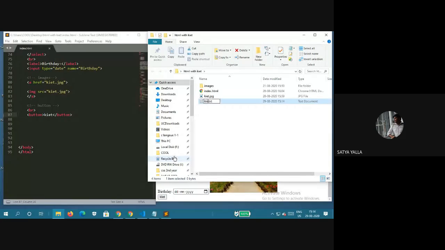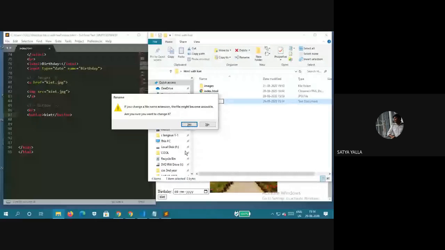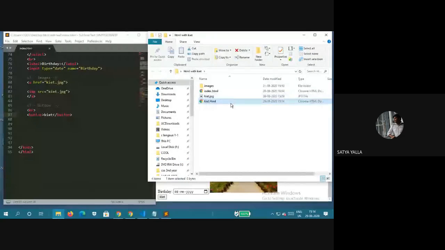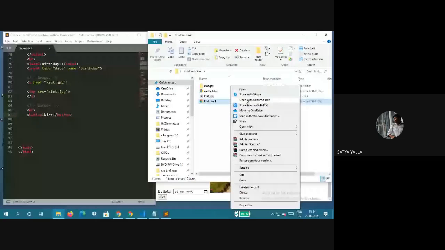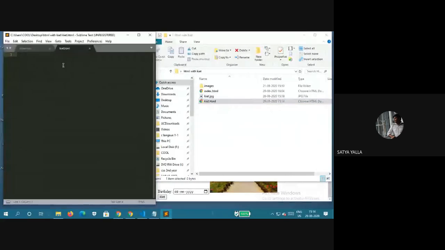Just type dot HTML. Yes, I'm creating another HTML file, right? And open with Sublime Text here. Guys, look at it.